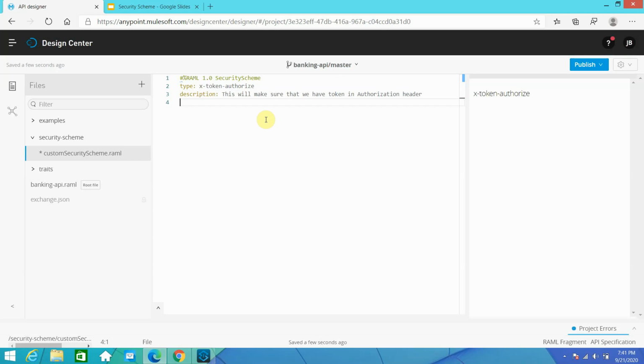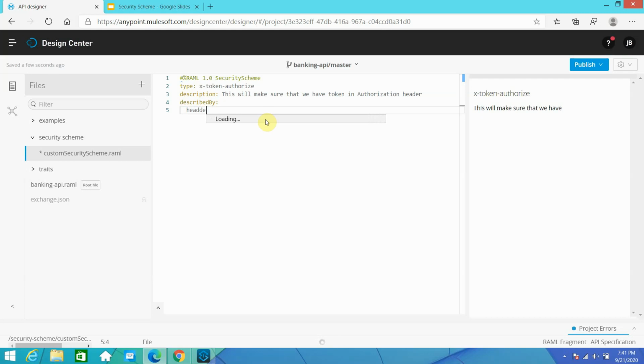Then I can say describedBy, so I'm describing my scheme. What I want is a header parameter. You can just press control space and it will load query parameters, headers, whatever. Or simply I can write headers.